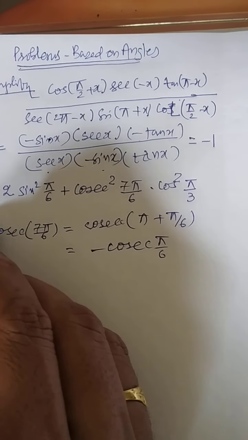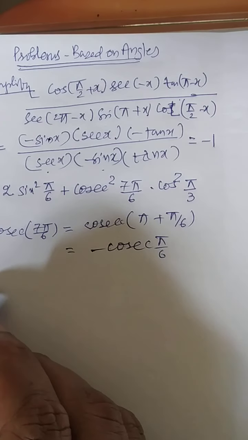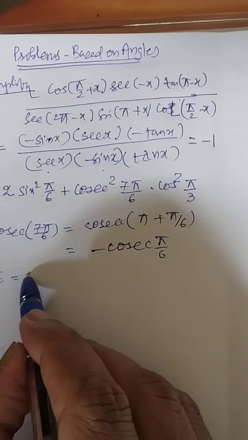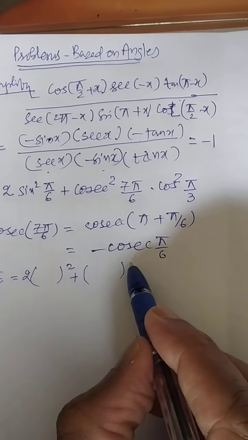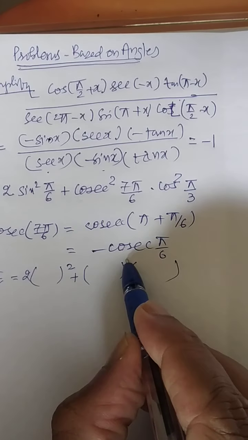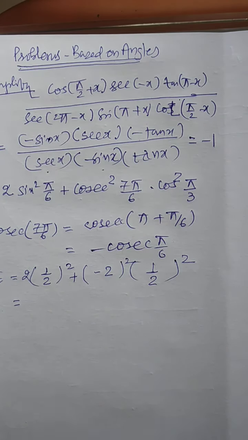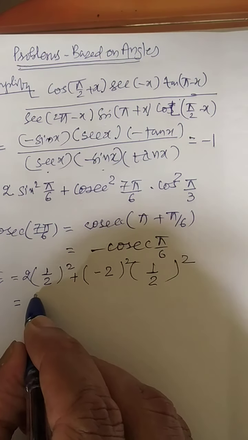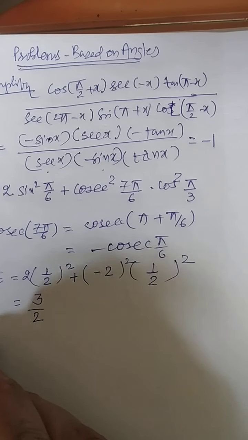Now you know all the 3 values. So these are the things to be evaluated. Now I am writing the given expression. The given expression will be equal to 2. Here you can replace this, also you can replace over here, and over here it can be replaced. Now just replace the values, see whether it is like this. Now simplify further, one more step, check whether your final answer is like this. Okay, one more question.